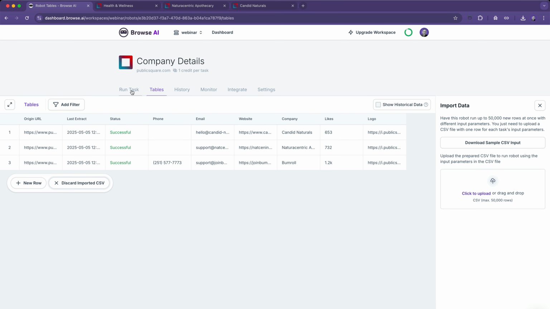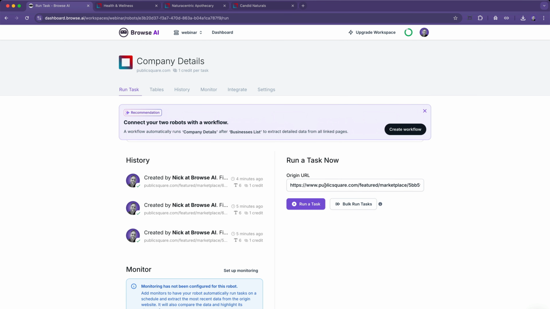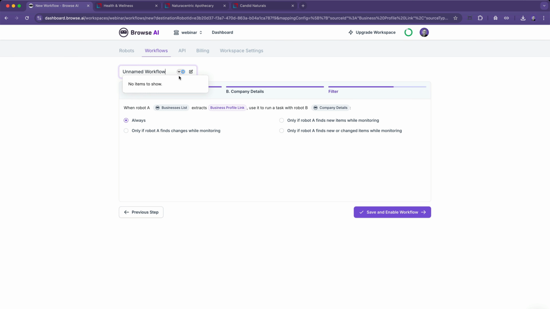And that will run all those URLs in bulk as though I had just given it one at a time, but via the CSV. And that's pretty good. That's quite handy to do it that way. That's a way to make it much faster. If you had not just 50 or so, but if you had hundreds of them, that will save you a lot of time. You can also create a workflow such that